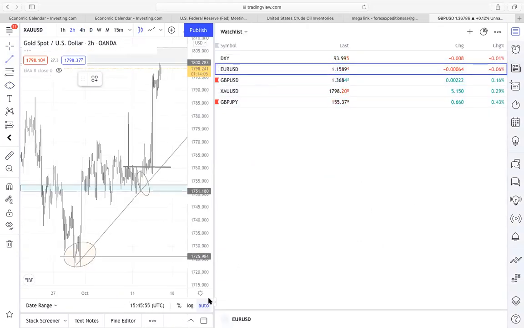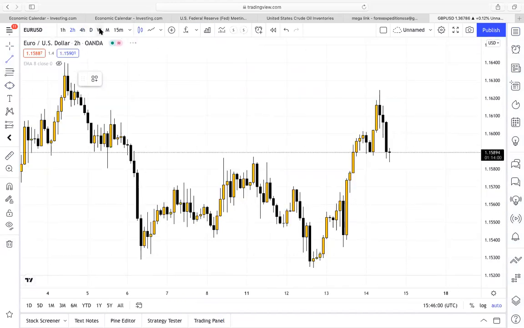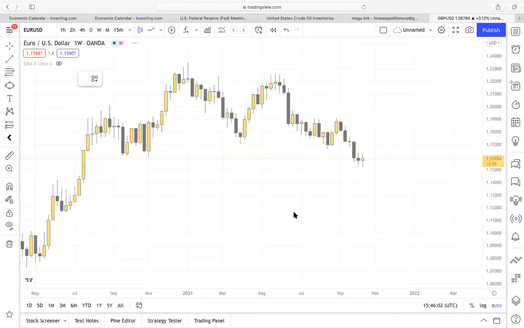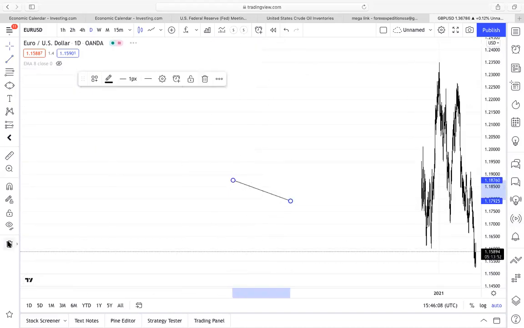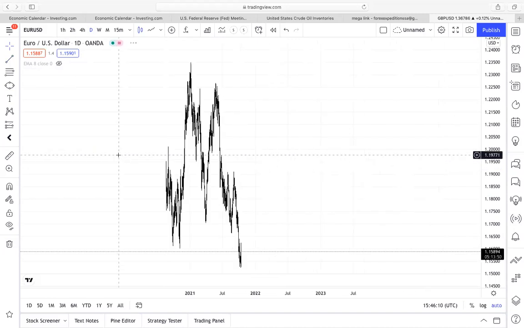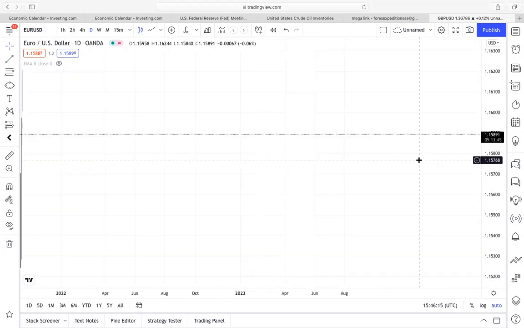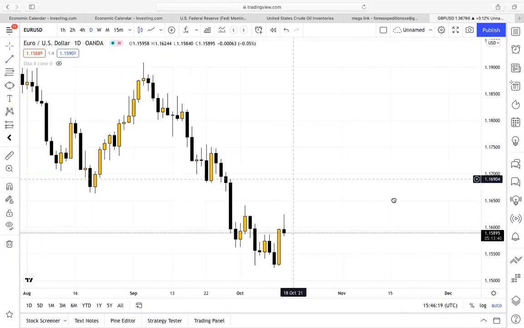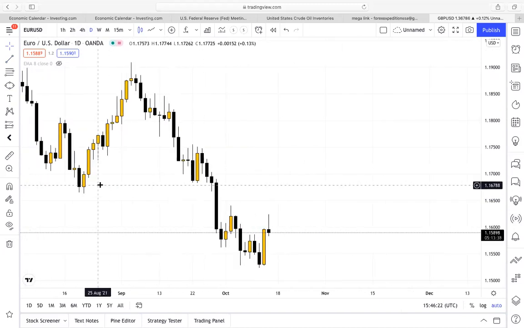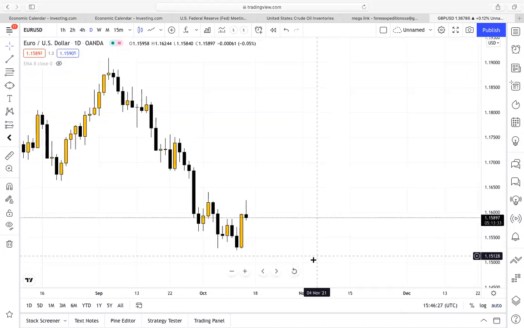Let's go on EUR/USD. Okay, now a lot of people go to a bigger time frame, scroll all the way out and try to understand what the market is doing. Which is absolutely fine if you want to see if your strategy works. But once you get to the advanced side, you just have to look at what the market is doing now so that you can understand where you're actually going. So can we look at the key levels that price is currently trading at? You always look at the number on the right-hand side here, guys.